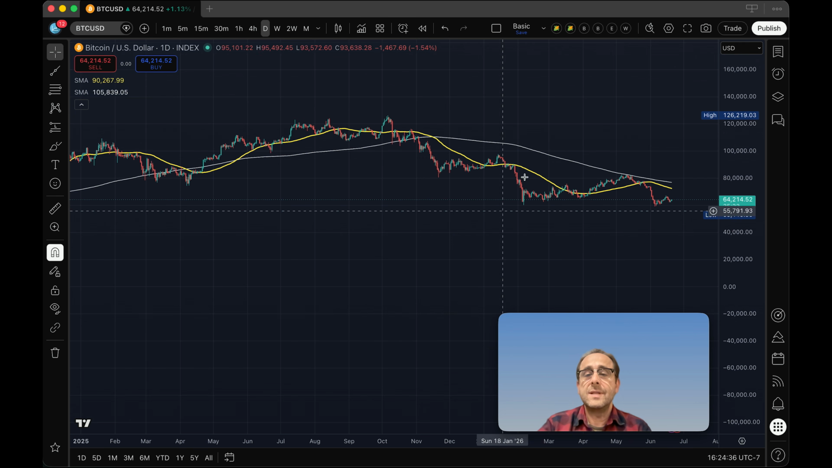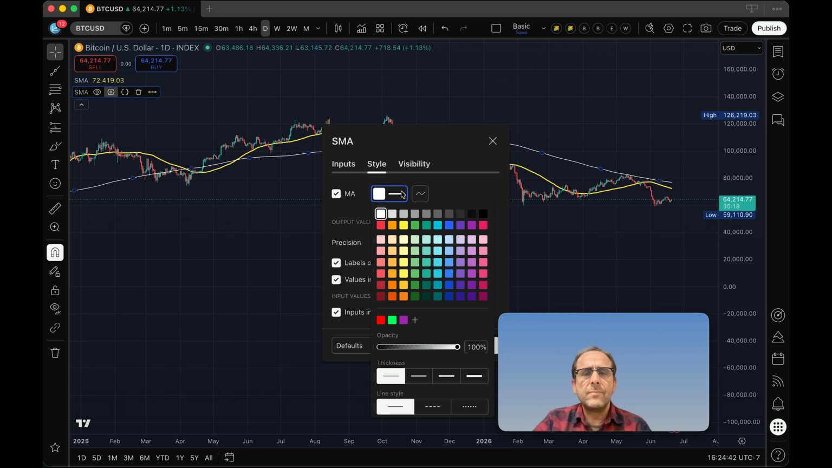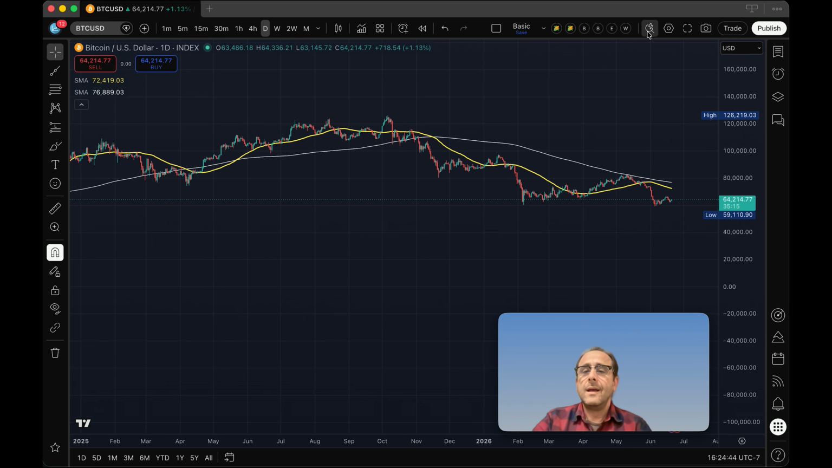And now you see I have 2 simple moving averages. That looks more gray than white. Did I select gray? No, that's white. Okay, sure enough. So now I have 2 simple moving averages. The yellow line represents the average price of Bitcoin over the past 50 days, and the white line represents the average price of Bitcoin over the past 200 days. Why did I select these 2 specific simple moving averages? That's because there is a strategy some people employ that uses these 2 indicators, and it's called the golden cross